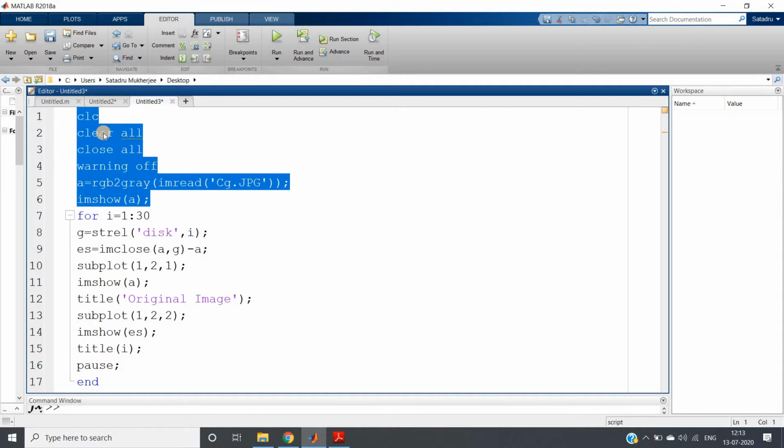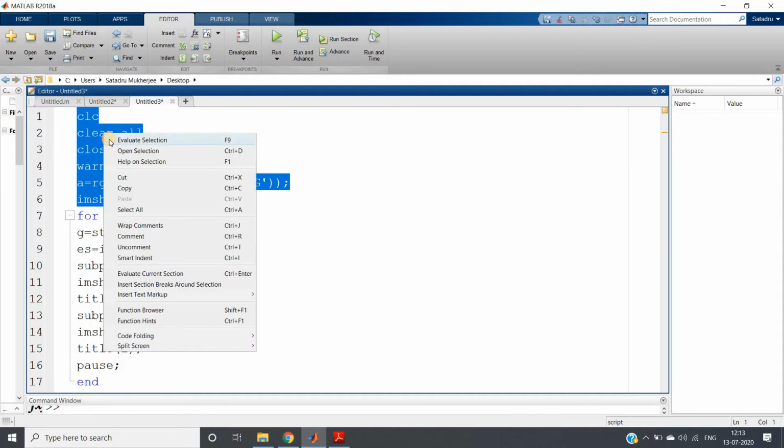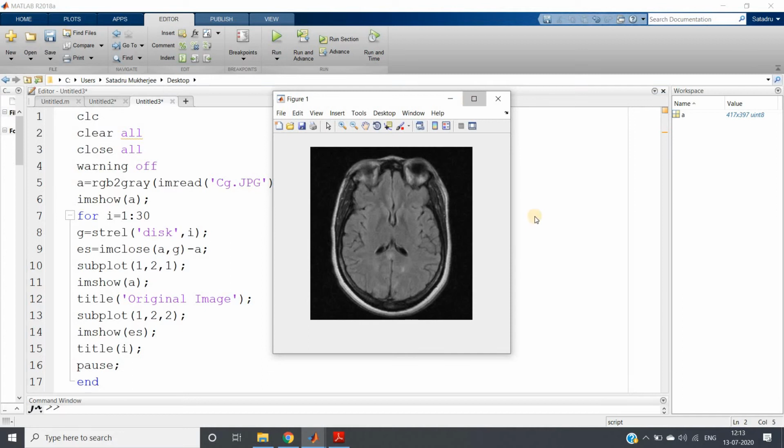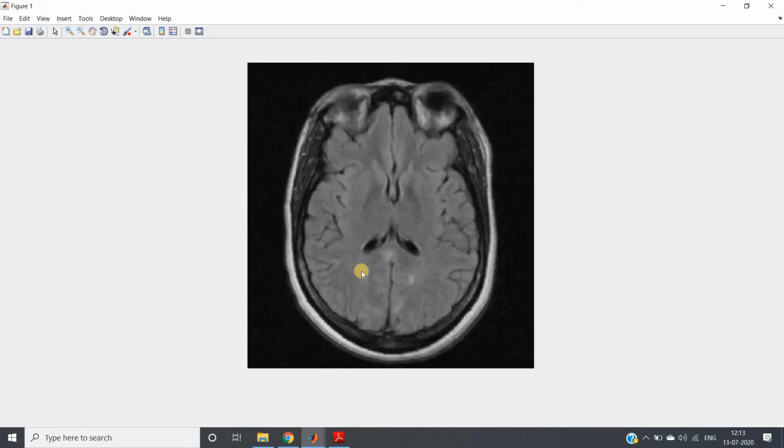one very important application of black top hat transformation in medical science. Okay, medical image processing. For that demonstration purpose I have taken one MRI image of brain, and you can see it consists of some white or brighter part and some dark part. Now suppose it is required to highlight the darker parts, which are surrounded by brighter parts.